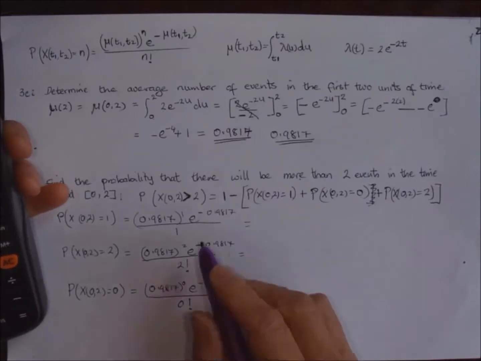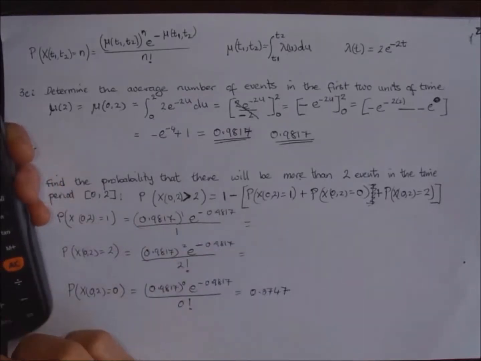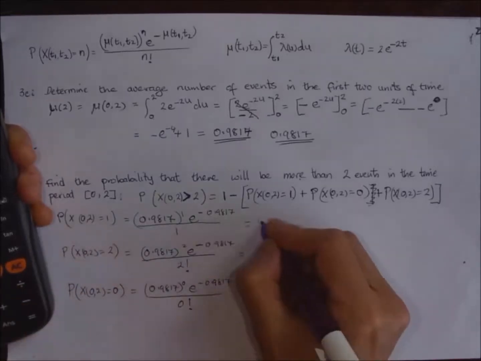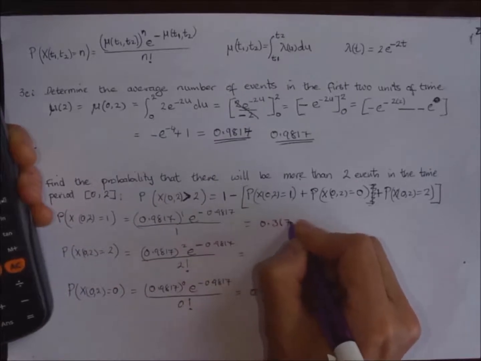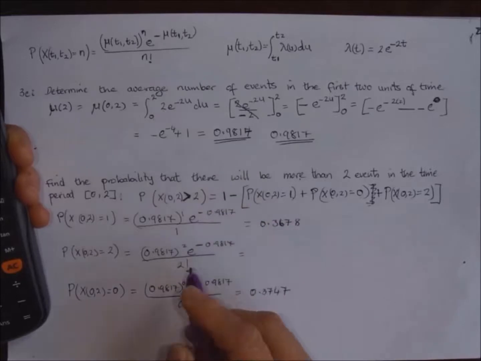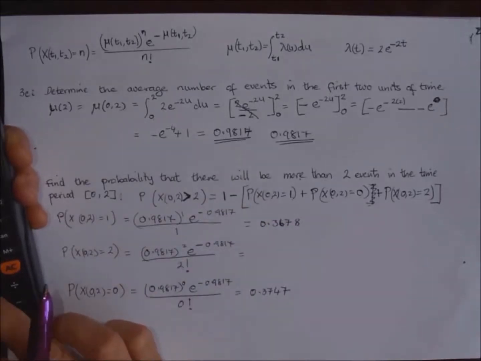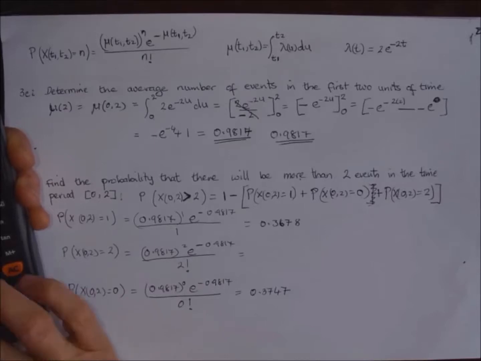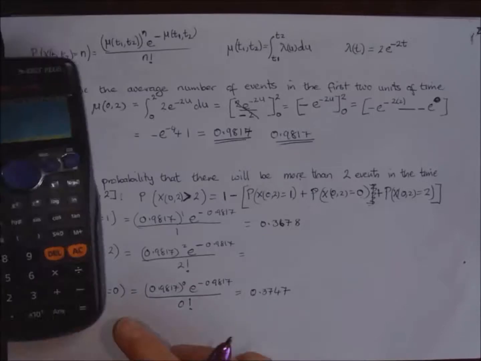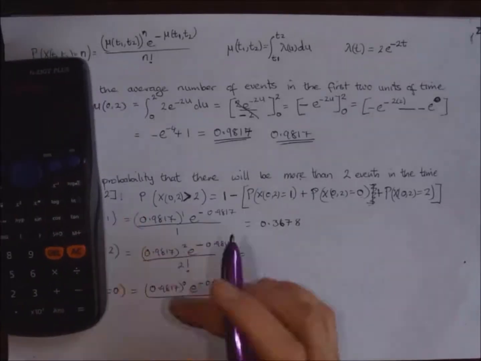Okay, then this one where we multiply it by 0.9817 equals that 0.3678, and then this one here multiply it by 0.9817 again, and divide it by 2 equals